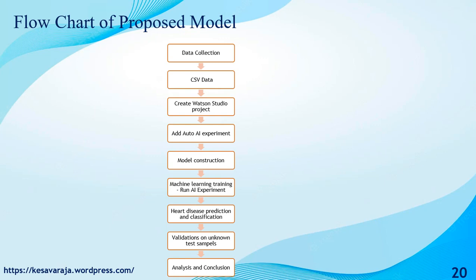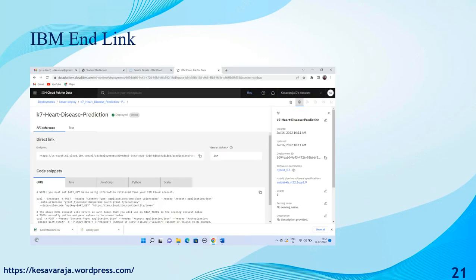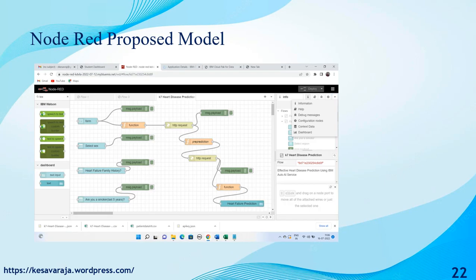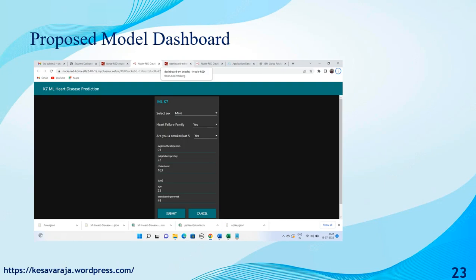This is the flowchart of the entire model. At last, it provides a result in the IBM model. We can build a flowchart in Node-RED. Finally, it builds a dashboard: if you provide the data, it can print whether heart disease is predicted or not. This is the entire structure.